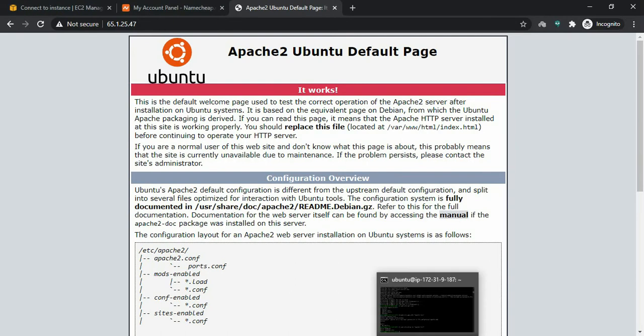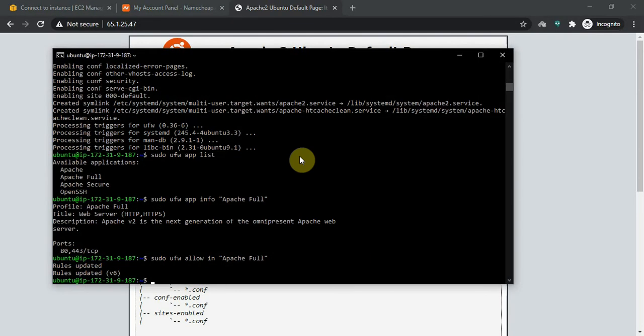So let's go here. cd, sudo chown. As it is a directory, we have to use -R, ubuntu, /var/www.